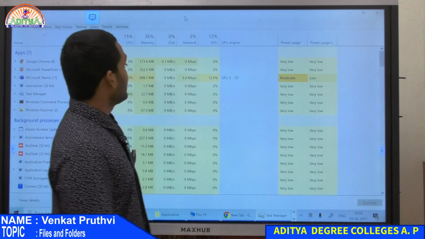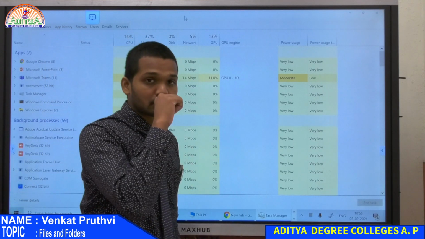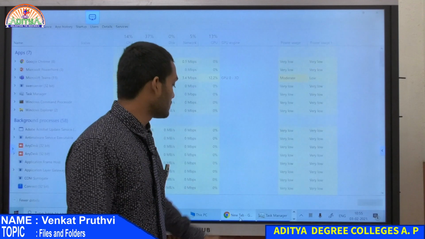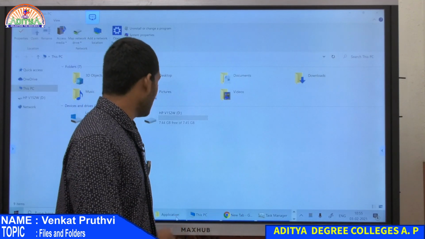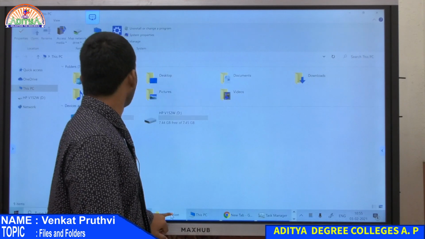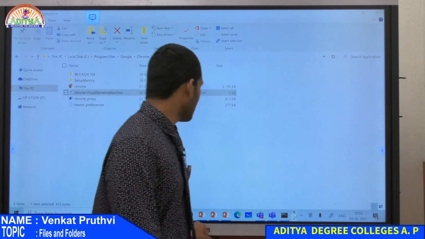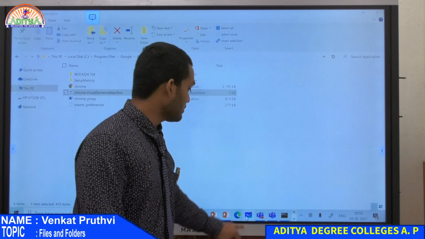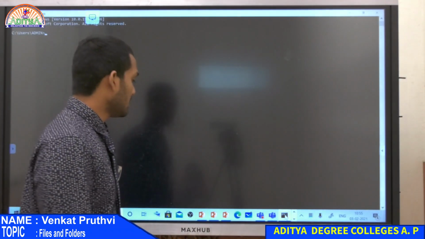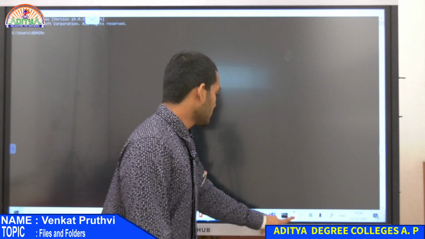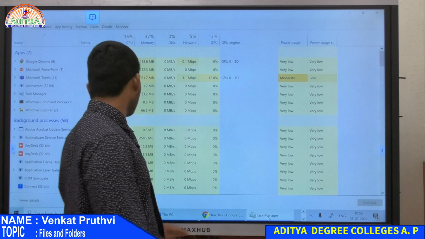So when you click on the task manager and try to see the programs that are running, we already opened this Google Chrome tab here, and we have My Computer opened, and also one more folder opened over here. Along with that we have several other PPTs that are opened along with Microsoft Whiteboard and Teams, and the command line interface. So these are all the tasks that are already opened here and they are being listed.